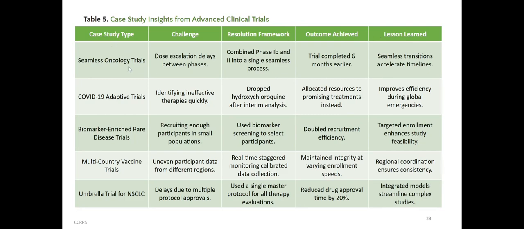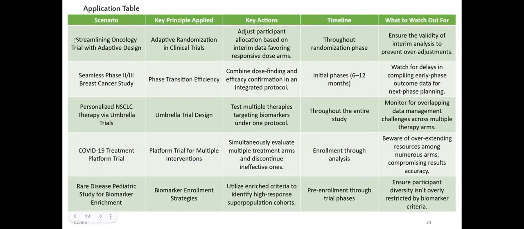Case study types: we have seamless oncology trials, COVID-19 adaptive trials, biomarker and rare disease trials, multi-country vaccine trials, and umbrella trial for NSCLC. We have an application table: scenario, for each scenario the key principle applied, key actions, timeline, what to watch out for. As scenarios here, we have streamlining oncology trial with adaptive design, seamless phase 2-3 breast cancer study, personalized NSCLC therapy